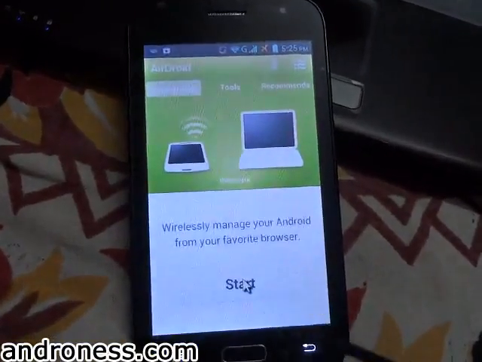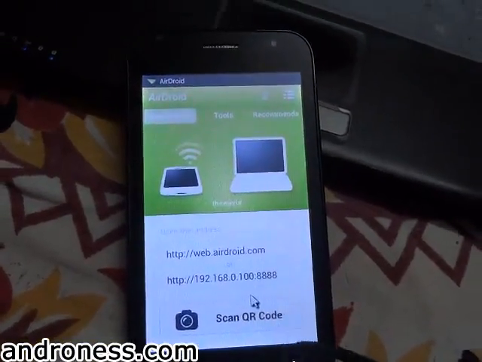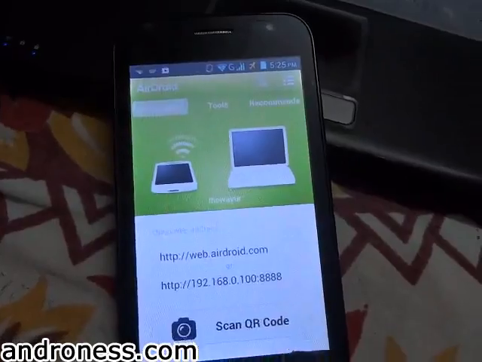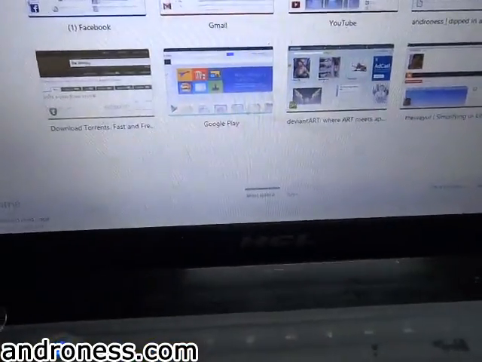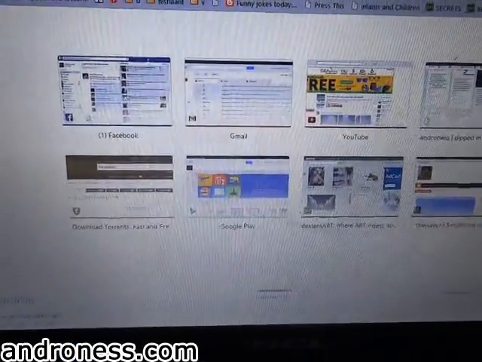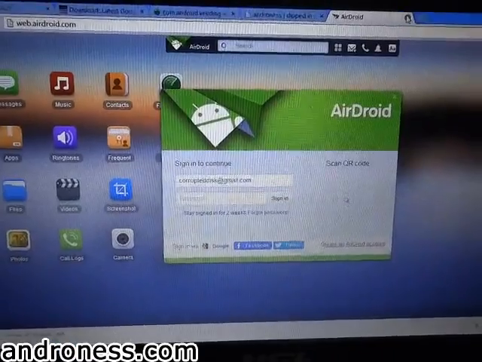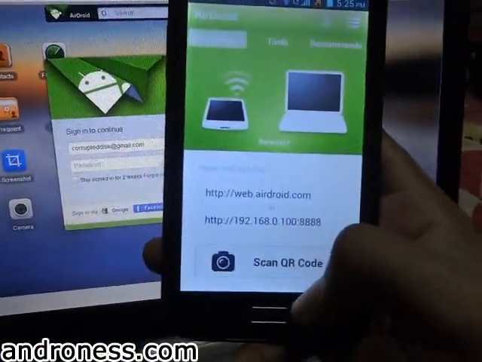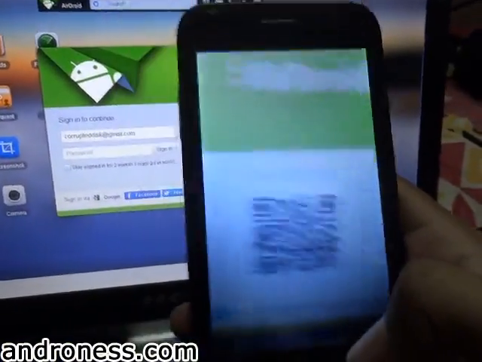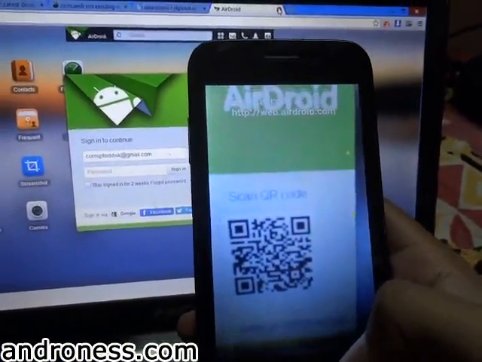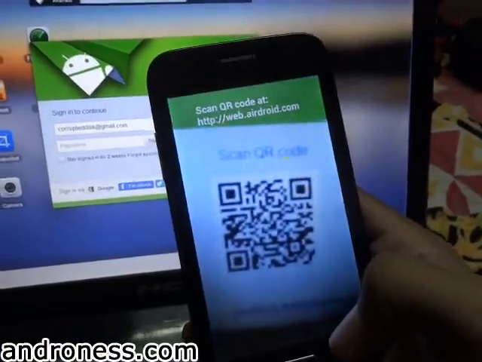I am starting it, and it is prompting me to enter this address, web.airdroid. I will scan this QR code, and after scanning, it will connect.